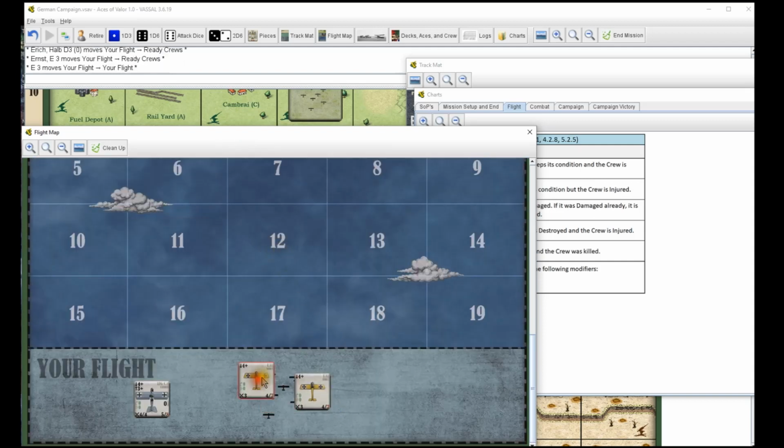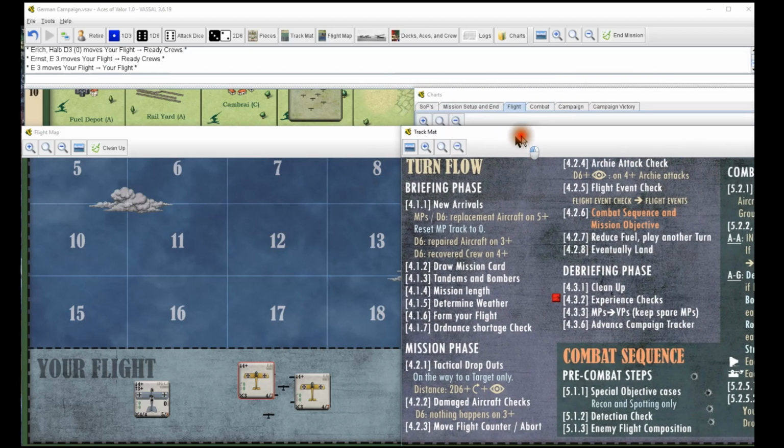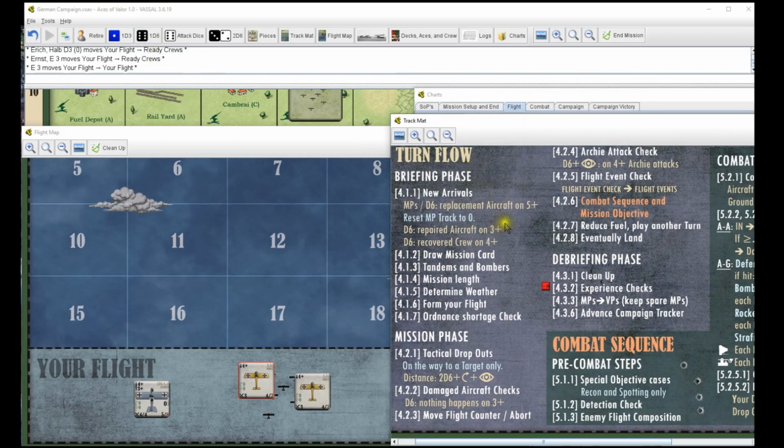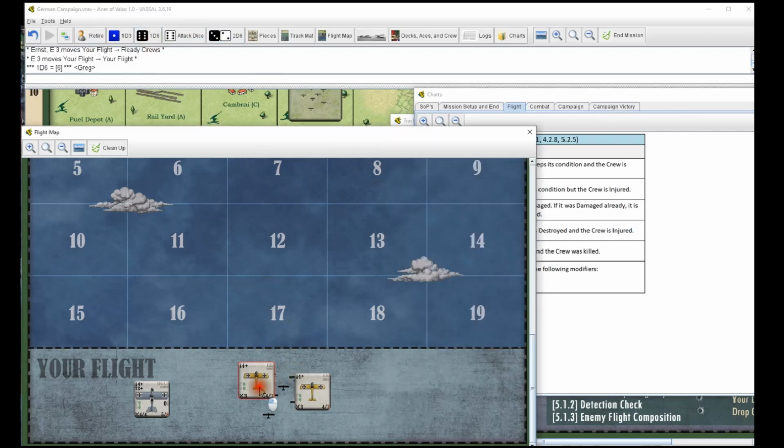So we'll start with this guy, and I'm just going to roll. Landing. Rolling a d6. No skill. Visibility 0. We're landing at our base, so we're adding 1. 6, 7. He lands fine. Good thing I didn't try to use my...